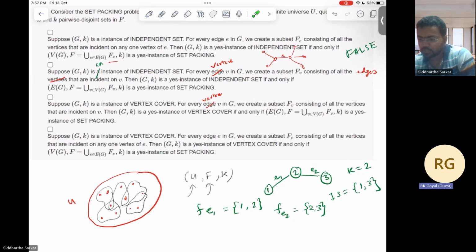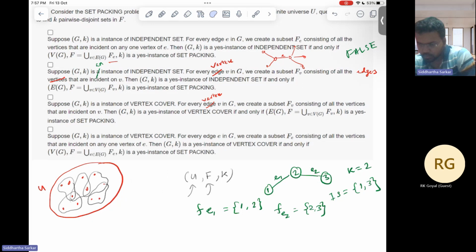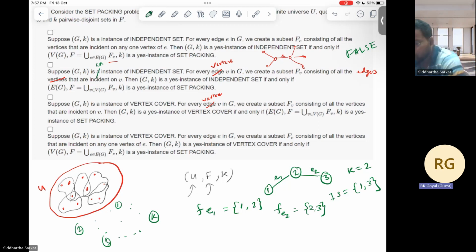And this time, we are looking for the disjointness of the edges and not of the vertices. Now consider the k vertices of the independent set first. Let us say these are the vertices of the independent set. So there is a k-sized independent set. Now you can proceed. We do not have an edge among these